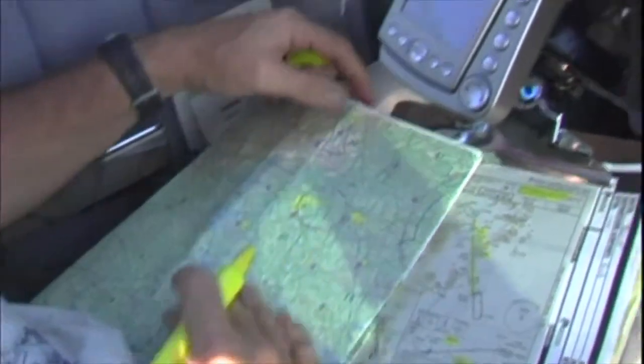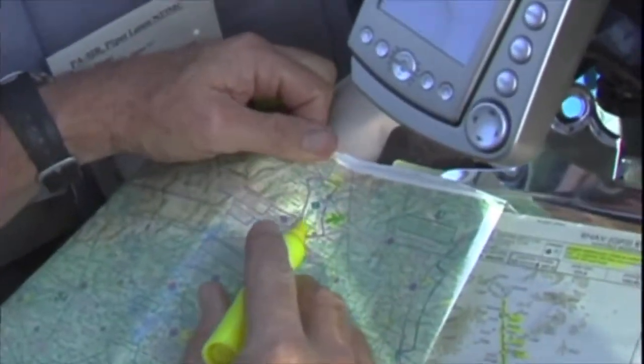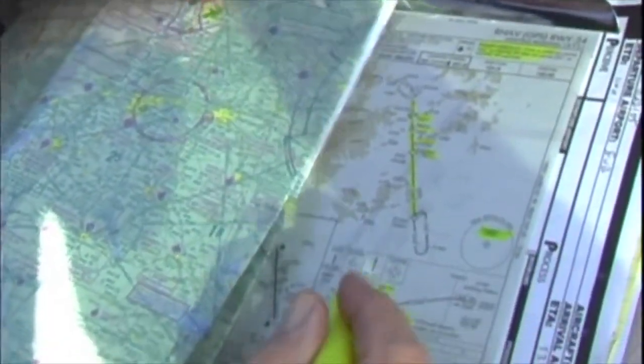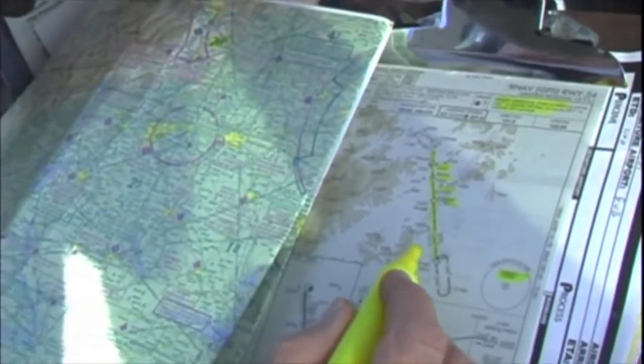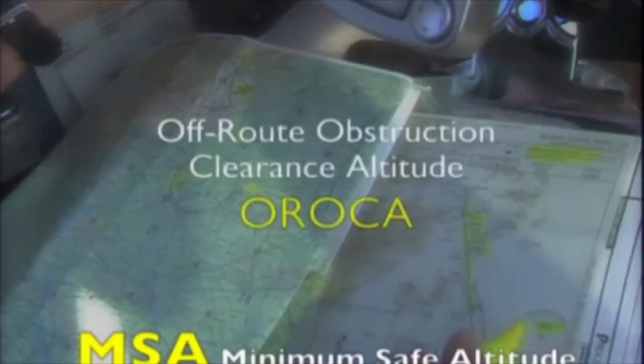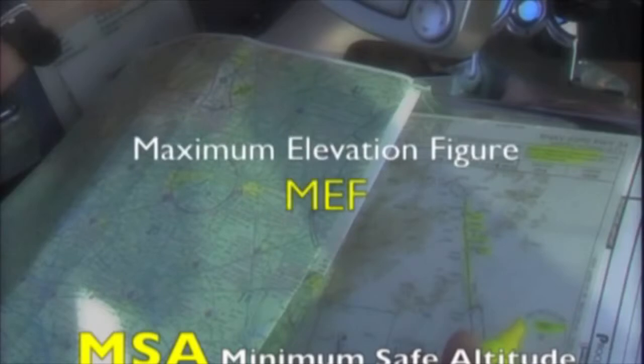Minimum safe altitudes, MSA figures, published on the VFR charts and approach plates can be extremely helpful in these situations. Surrounding terrain and/or obstacle heights are also listed. You'll find off-route obstruction clearance altitudes, minimum obstacle clearance altitudes, and maximum elevation figures, MEF.